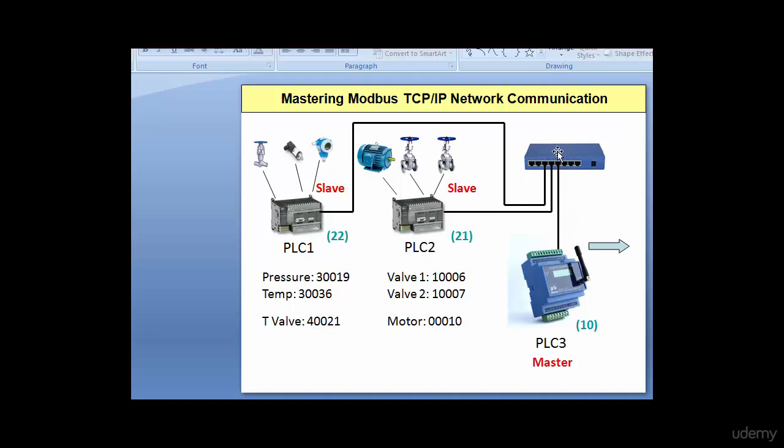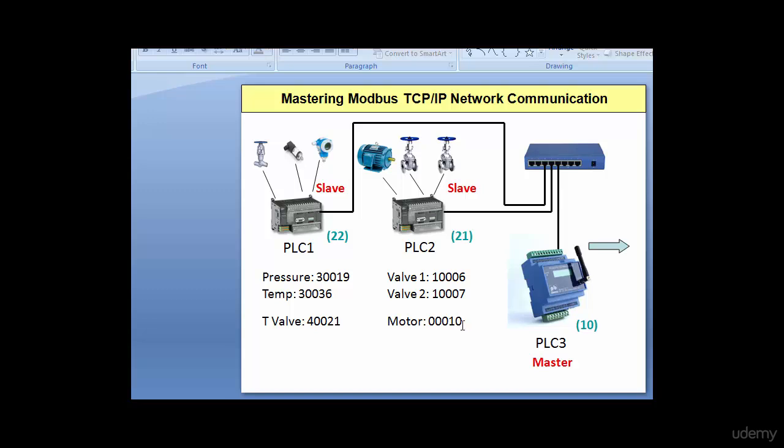So PLC3 would write a value to the throttling valve, either 20%, 30%, 50%, 100%, and it would open accordingly to that percentage. Then we have a motor, which is connected to a coil, a discrete output on the PLC2, which of course is then connected to a